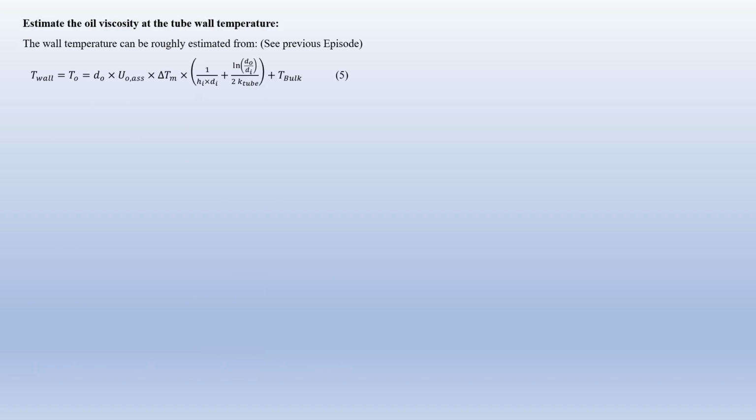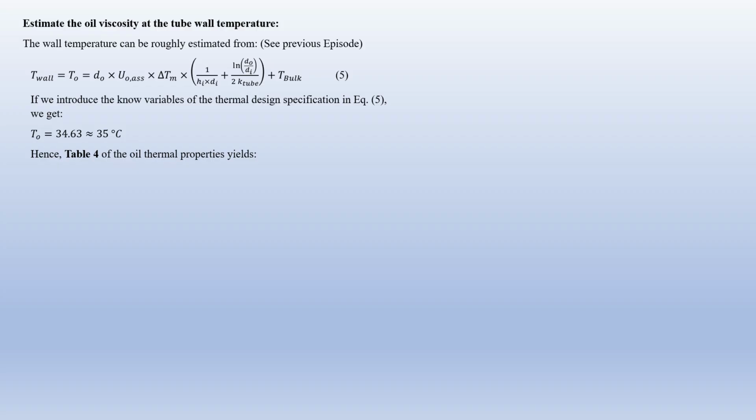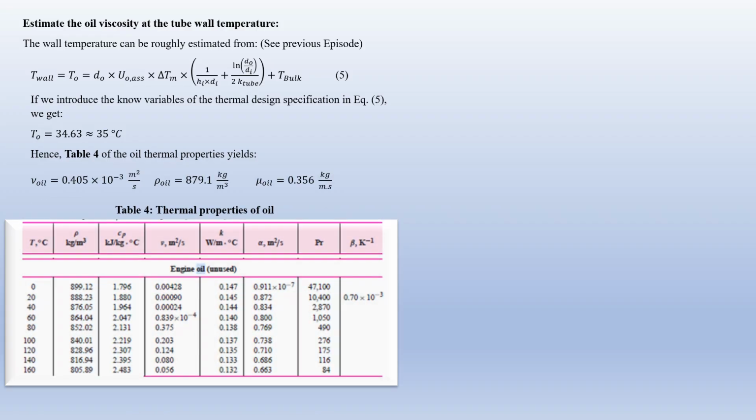Let us estimate the oil viscosity depending on the wall temperature. Of course, in the previous episode we derived an equation to estimate the wall temperature, in the form of equation 5, and it has been used with these values for the different parameters: T wall, or T naught, equal to 35 degrees Celsius,